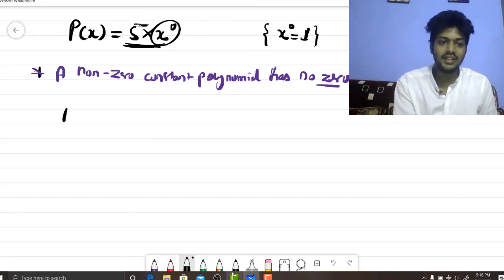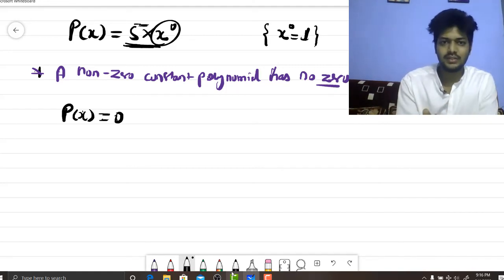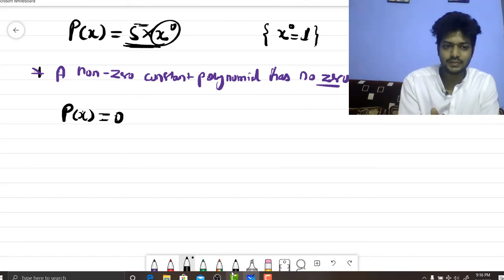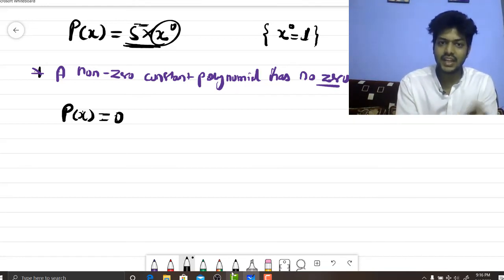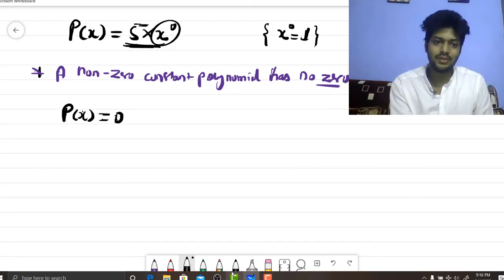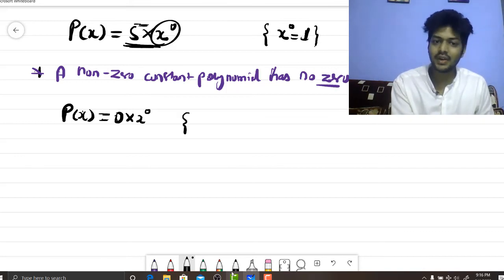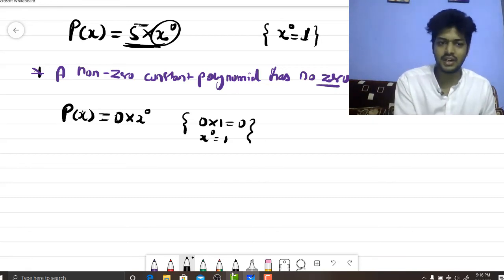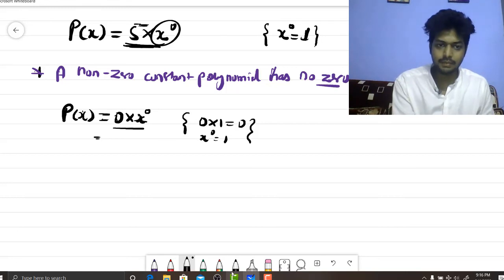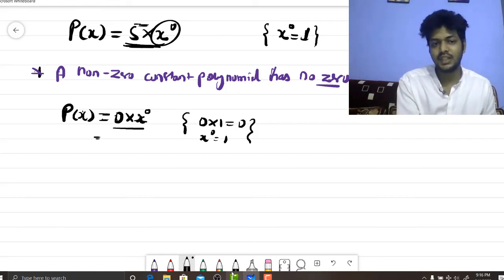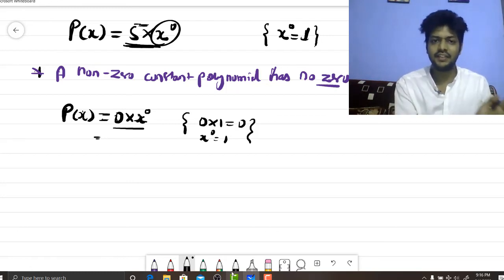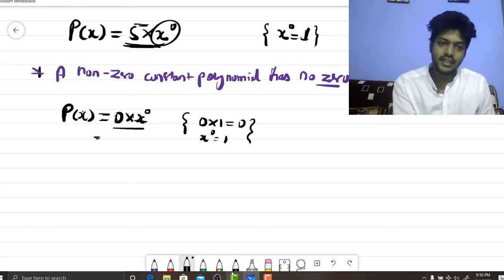Now one smart student in the class will ask, sir, what about the zero polynomial? We also discussed that. p(x) equals 0 is a zero polynomial. So think, what would be its zero? It is already 0, so you put any value of x here and it will always be 0. Just to give you a little perspective, I can write this as 0 into x to the power 0, because 0 into 1 is also 0. This is just for the explanation. Now I put any real value of x here, from negative infinity to positive infinity, negative numbers, integers, positive numbers. x to the power 0 will always be 1 and this entire expression will always remain 0.